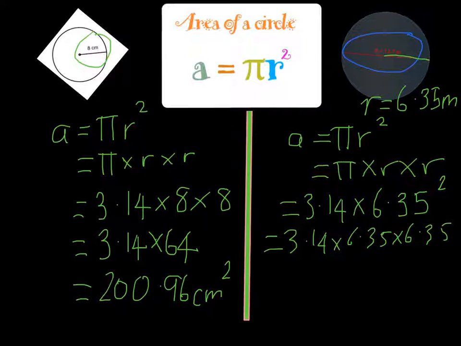So it's pi times by the radius again. Yet again, let's go and plug that into our calculator. 3.14 times 6.35 times 6.35 is equal to